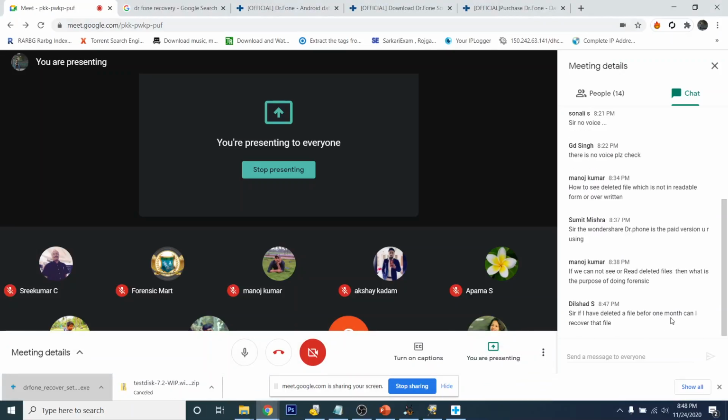Deleted a file 1 month ago, can I recover it? You can try if you deleted a file 1 month before. It is not certain that you will be able to recover the file because the data can be overwritten. And when it comes to a mobile phone, it is very possible for data to get overwritten because there is WhatsApp, from which you get daily images from different chats, groups, or something.